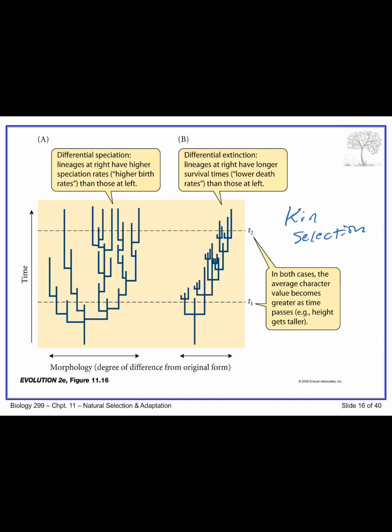Kin selection occurs when individuals influence the reproductive success of their kin. So if an individual is altruistic in some way, it's more likely to be so toward its kin, its relatives, who are more likely to carry the same alleles as the altruist does. So when the altruist enhances the fitness of its kin, possibly even at a cost to its own fitness, it can increase the frequency of the allele. This explains a lot of observations in biology, like why parents risk their lives defending their young, why gay uncles are often good caregivers, etc.